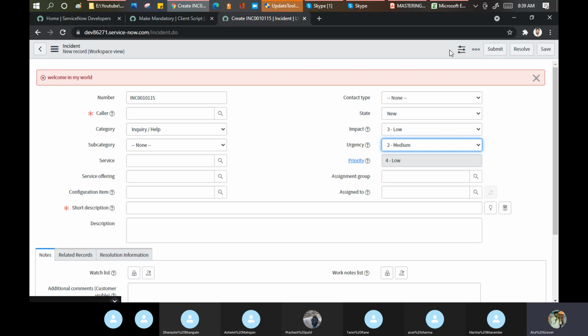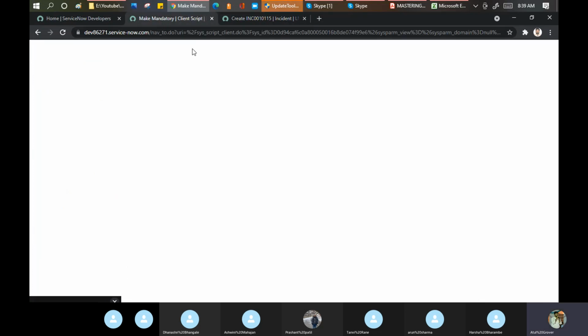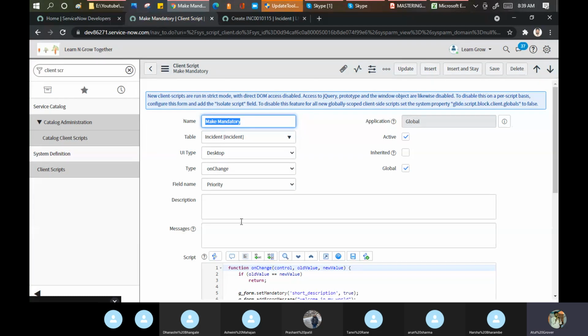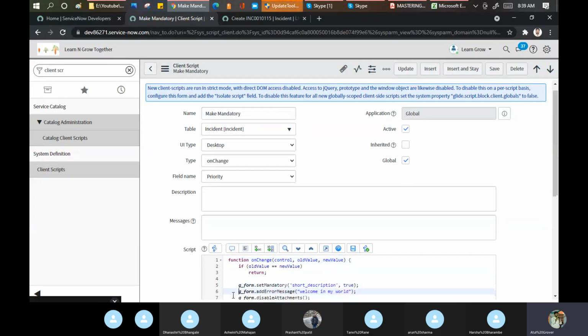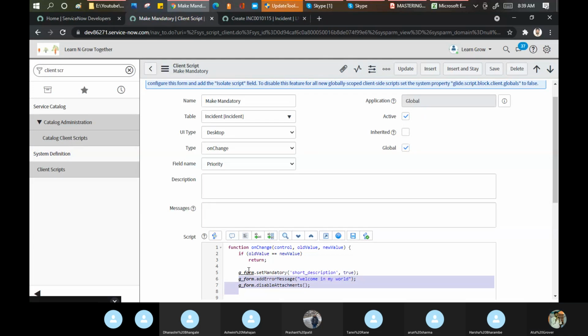So that is the beauty of ServiceNow. Things are already given to you. You just need to know how to utilize that part. You can see here that this has been disabled now. Let me remove it, otherwise I will be confused. Now I want to make this a comment.